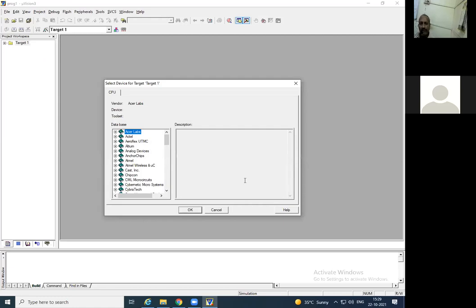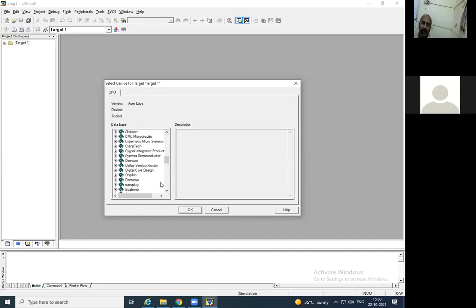When I click on save, another window opens, in which we are supposed to choose the processor that the code you are going to write should correspond to. Many companies and manufacturers are here, as you can see, and each one has sub models, for Acer, Actel, Aeroflex, Altium, Analog Devices, like that.